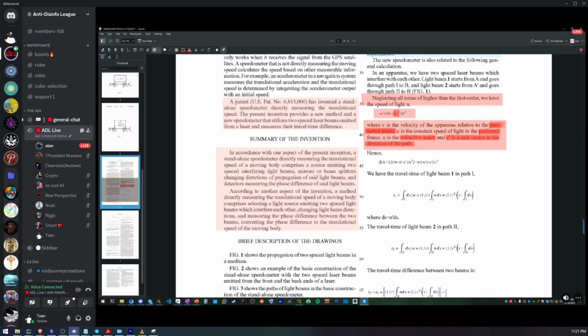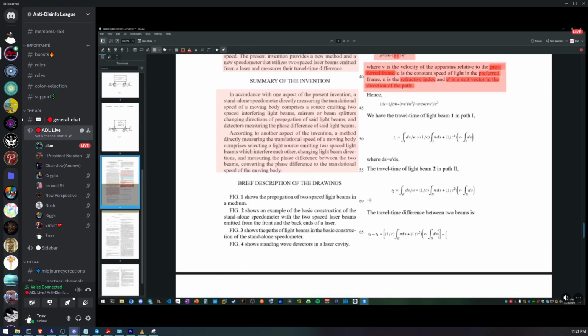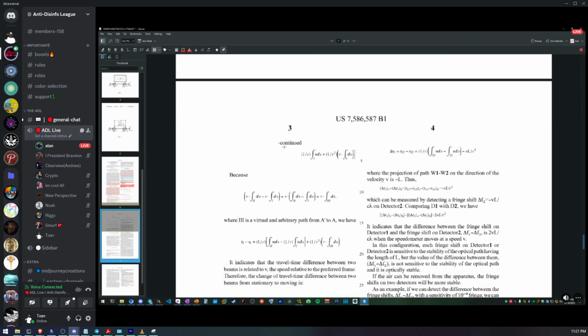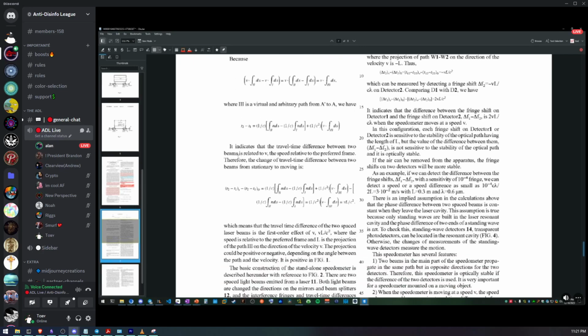All right, and then the extended version here. We have the time travel of the beam path, where all this goes on, and then DS and ED, and so on. The difference time. Cool. It says where part 3 is virtually an arbitrary path from A prime to A. We have the time difference here. This indicates that the time difference for the two or more beams is